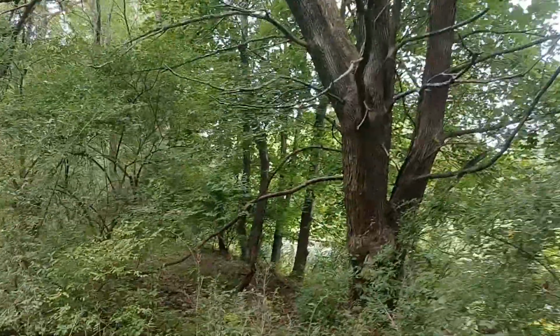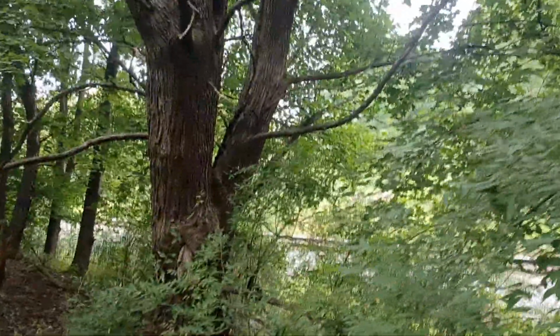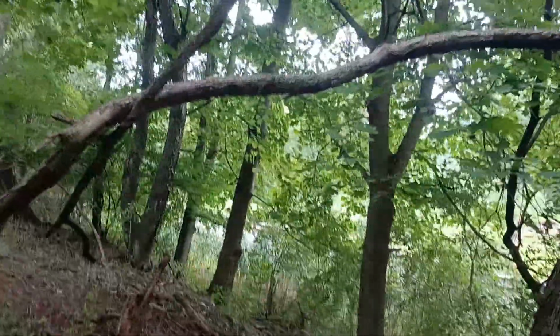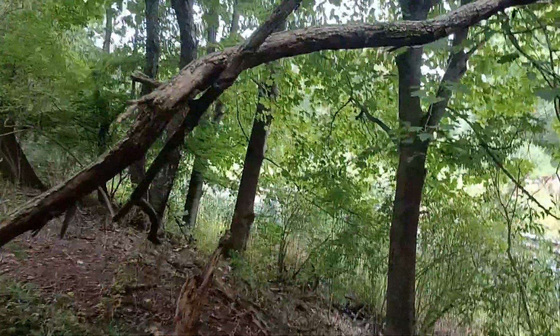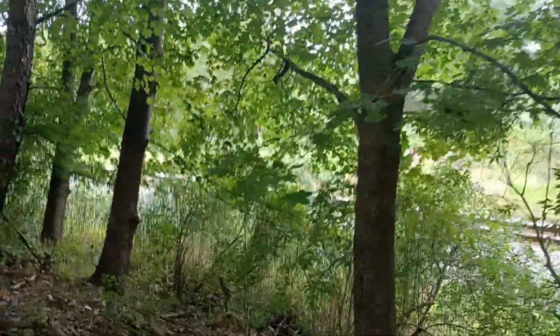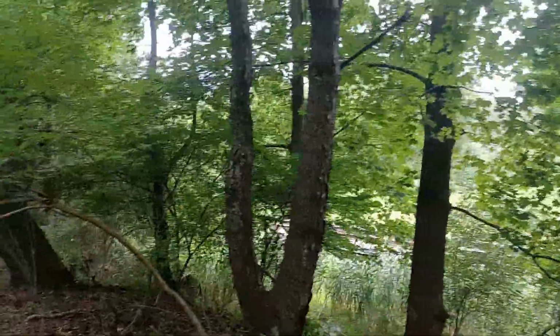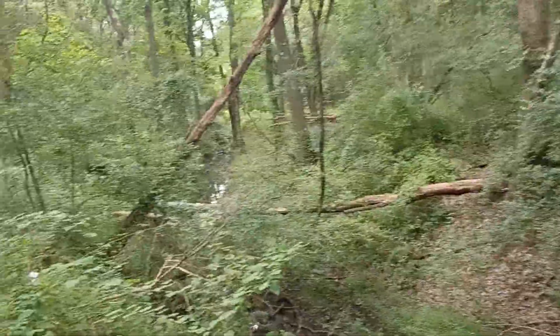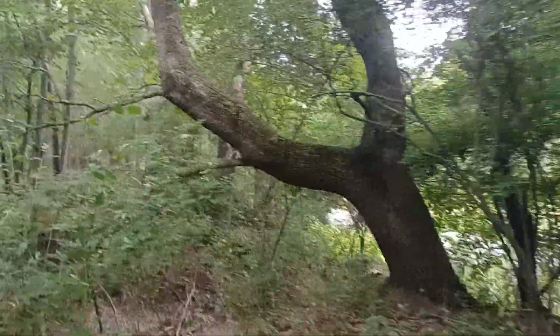One of the things that makes this hard to see is that the former Delaware and Bound Brook, after the Philadelphia and Reading took it over, ended up doing some major regrading. It went up to as much as four tracks wide, so the exact site of the Frog War has been destroyed. You've also got stuff like this major wash here, which has clearly been trenched down a bit to control the situation. But the original Mercer and Somerset was probably filled over a little bit, but I think it came through right about in here. And if we go down into this gully over here,